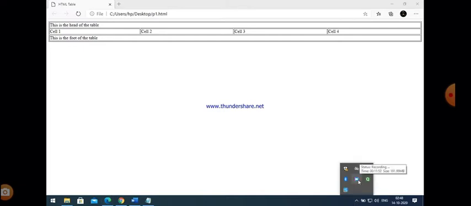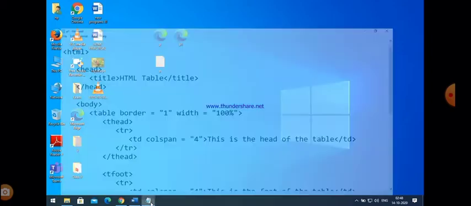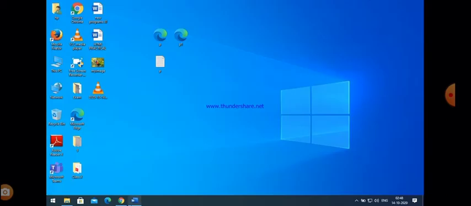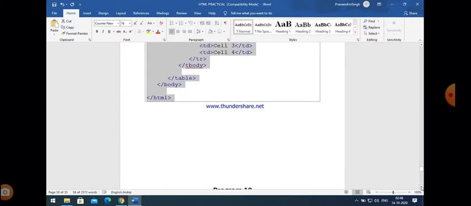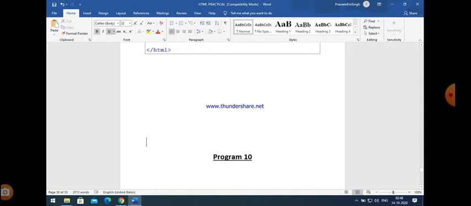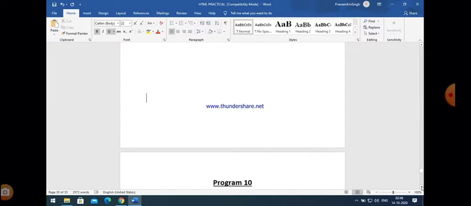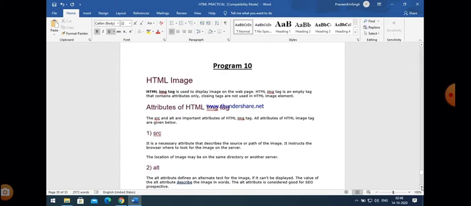Now I think it is clear to all of you, and it's time to take another program. This is the program number 9, and these all parts related to program number 9, in which all different attributes are used separately. I just make different programs, because if I just use the same concept within a single program, then it becomes very complicated. So I just make different parts of this program, which gives you a clear idea how table tags and different attributes work.